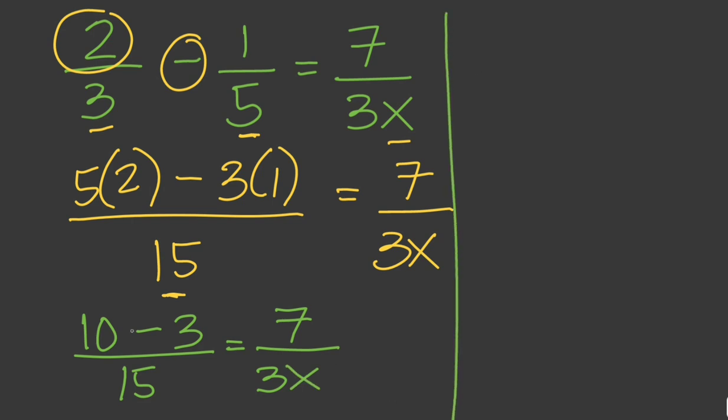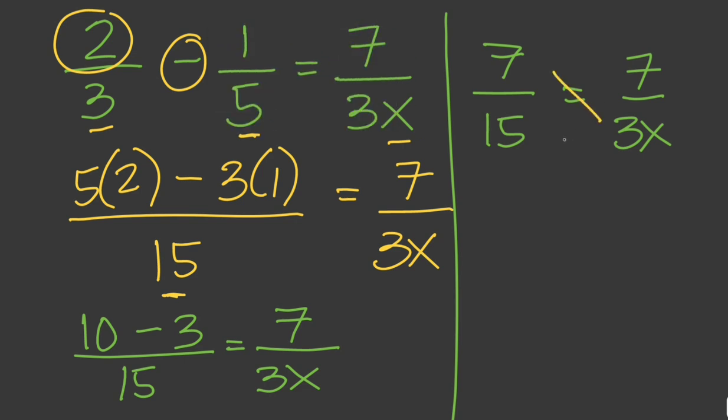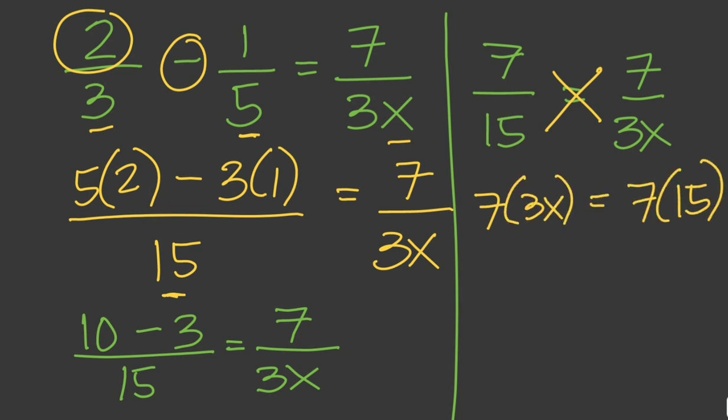And if we further simplify that, 10 minus 3 is just equal to 7 over 15 equals 7 over 3x. And now we can solve for the value of x. We can cross multiply this. So that would be 7 times 3x equals 7 times 15. So this is 21x equals